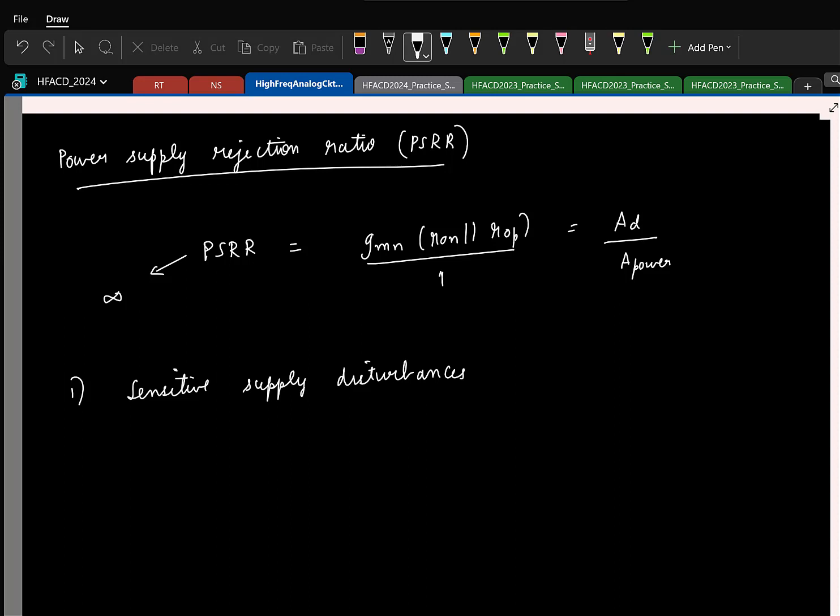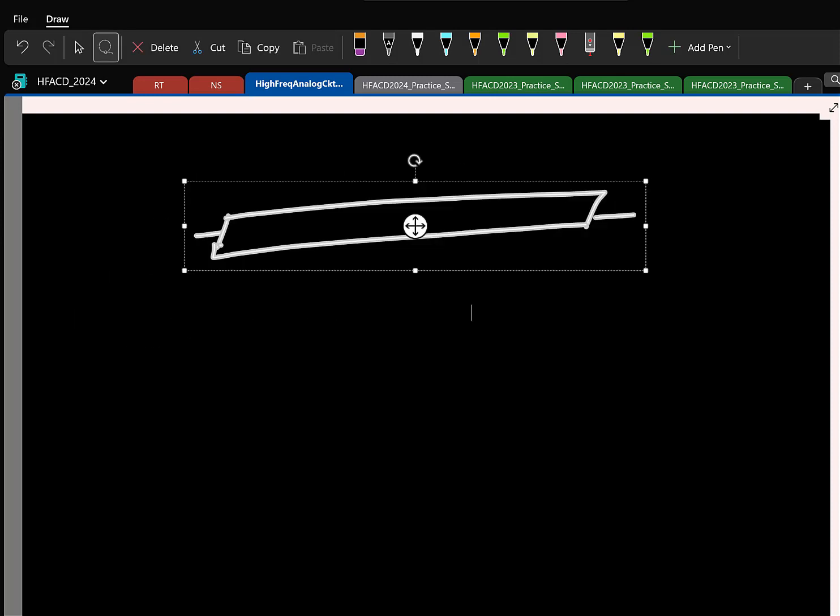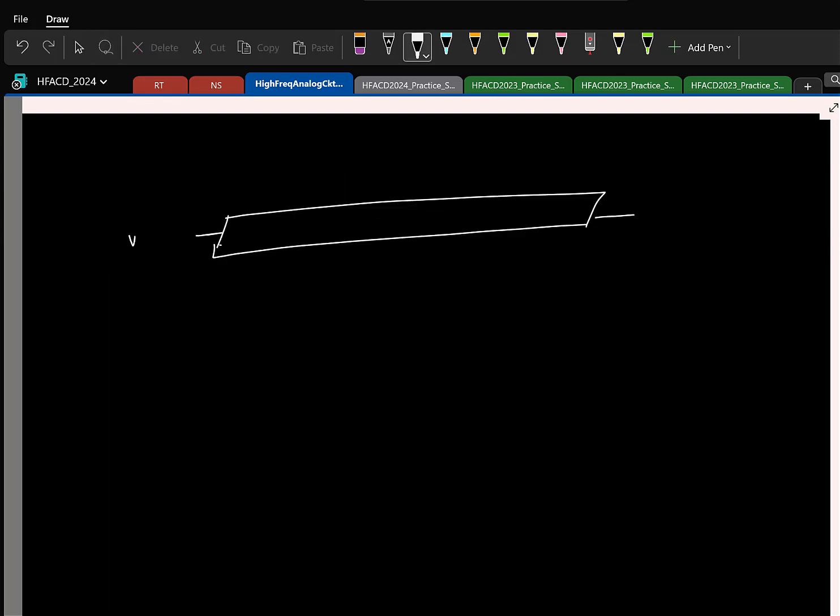Great. Now, one more issue we can have with this implementation is the following. Let us say you have the signal that you want to route from one block to the next block. So you will have a metal line like this, connecting the output of the first stage to the input of the next stage. So let's say this is some V1 of t,